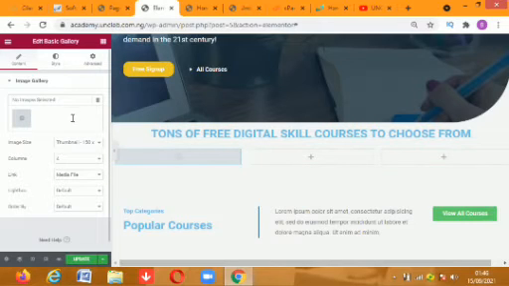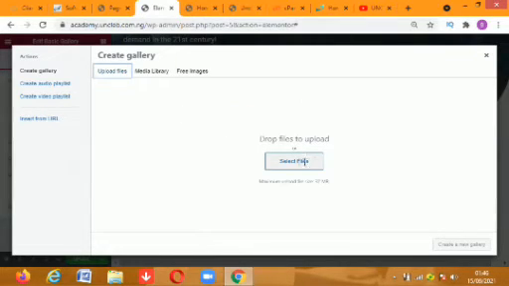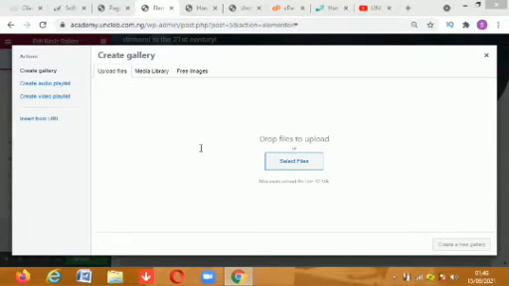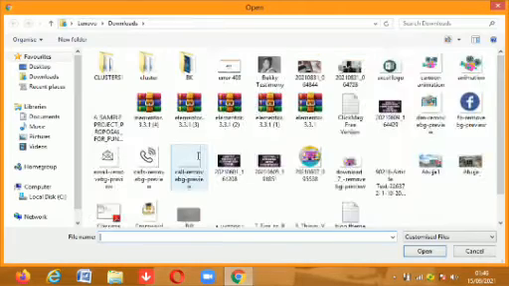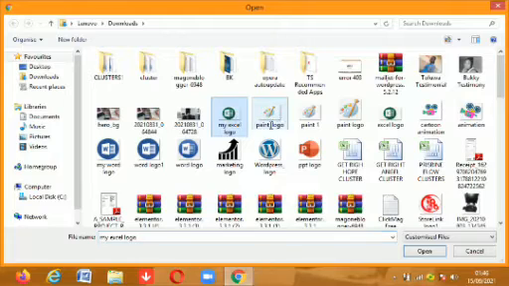Then I'm going to come here and select images. That means I have to upload again. I don't want to use it, but for the sake of this, maybe after the lesson I may delete it if I don't like it. But just to show you how you can do something like that. I already made some of this, but I don't really like